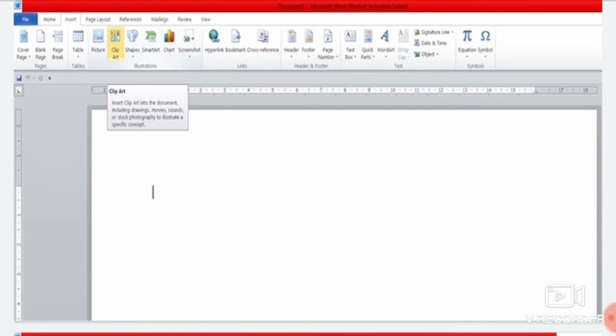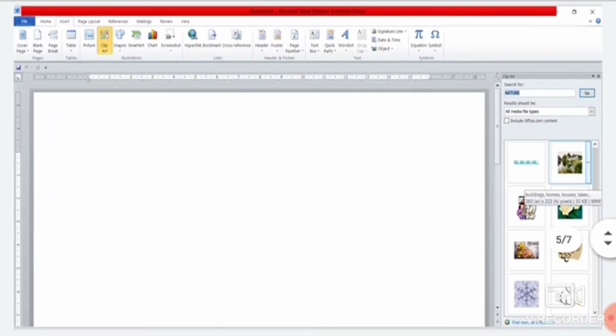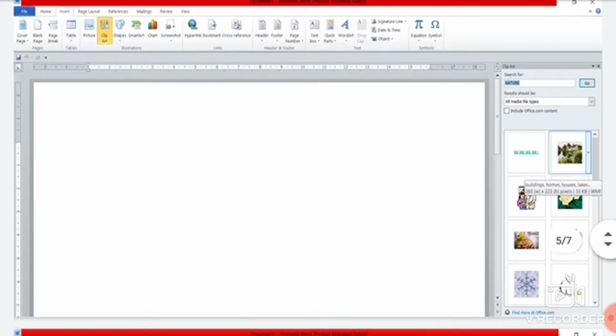As you can see here how we can insert the clip art. First, go to the Insert tab and choose the clip art option from the illustration group. You will see at the right side a pane, the clip art pane, appears. You can write the topic on which you want to search in the search box. As I have written nature, I want to search on it, so I have written here nature. As you click on this Go button, you will see the list of the pictures which are available.